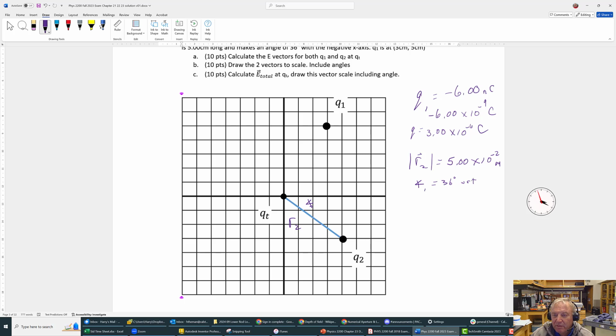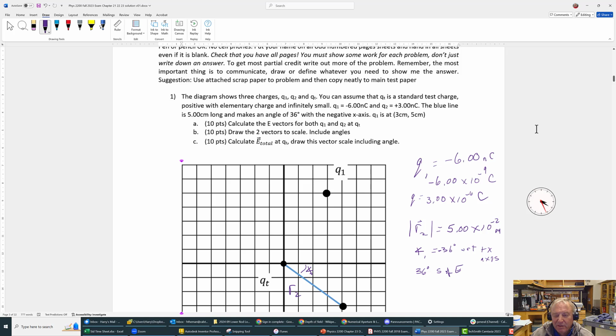With respect to, so it's negative 36 with respect to positive x-axis. Most of you probably won't say it that way. I would say 36 degrees south of east. And it's always a good idea to label it. And we see that